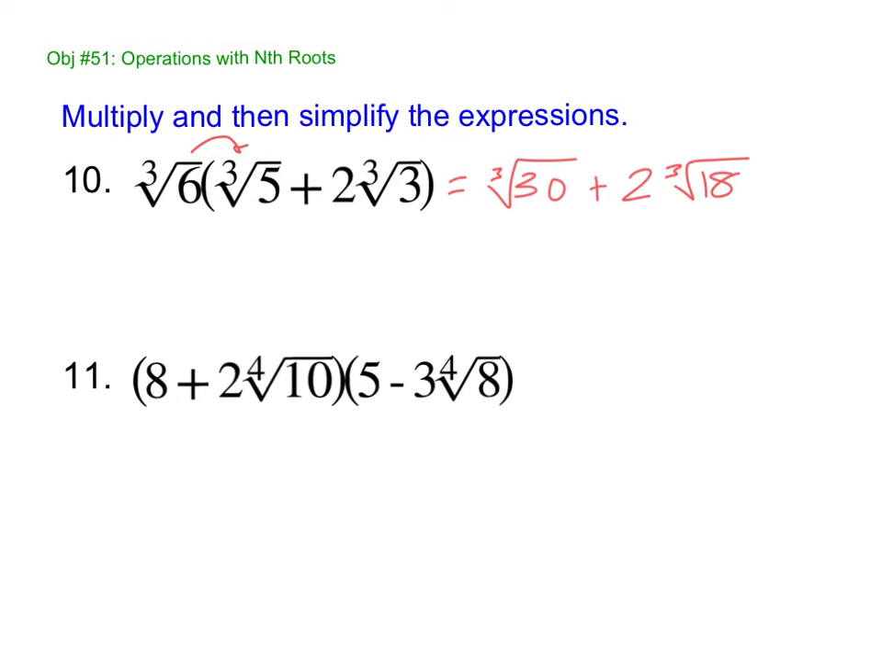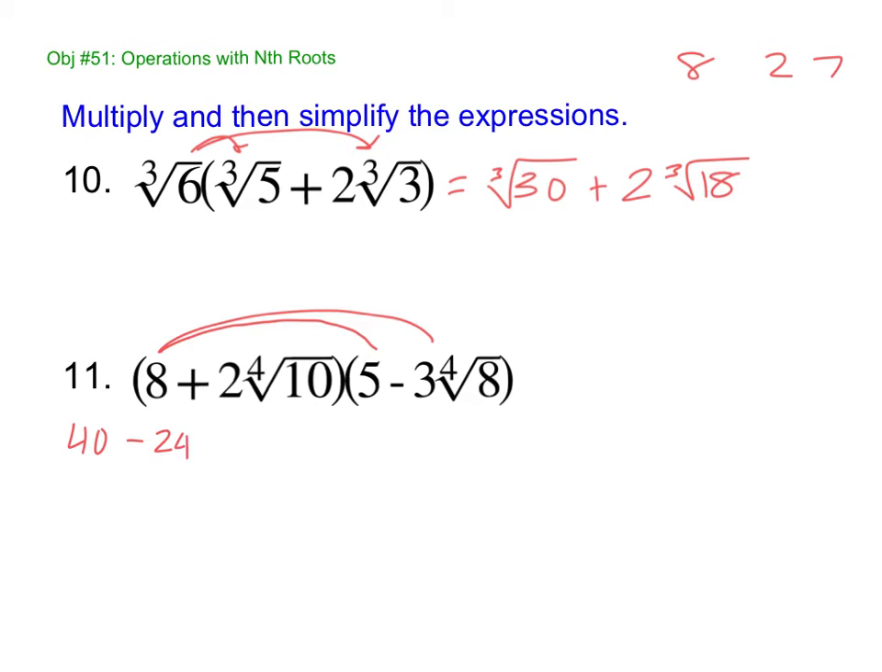And then can you simplify? You can't. Right? Remember 8 and 27. 8 and 27 don't go into 18 or 30, so you're good there. Number 11, again, FOIL. 40